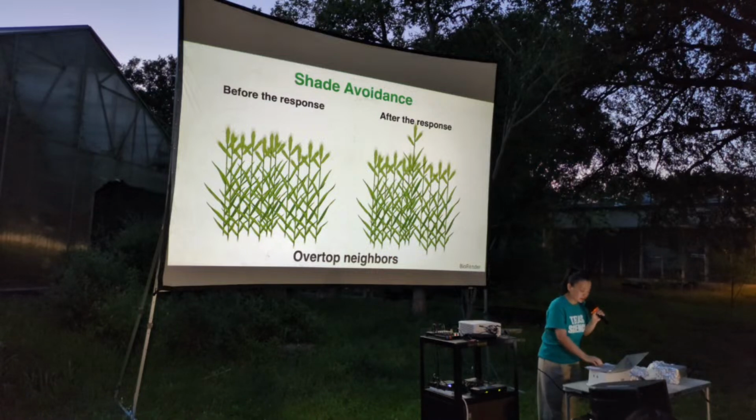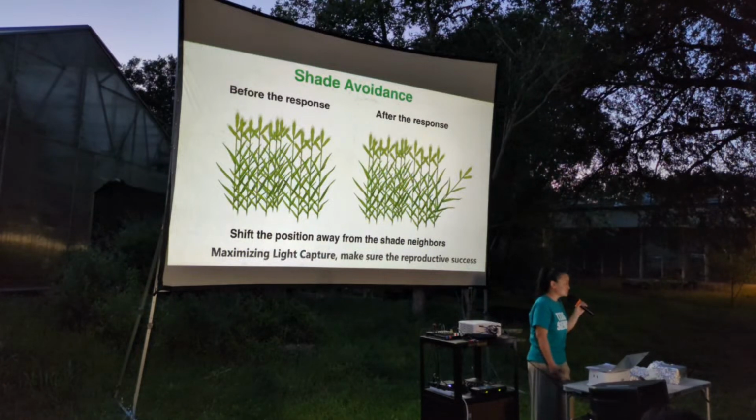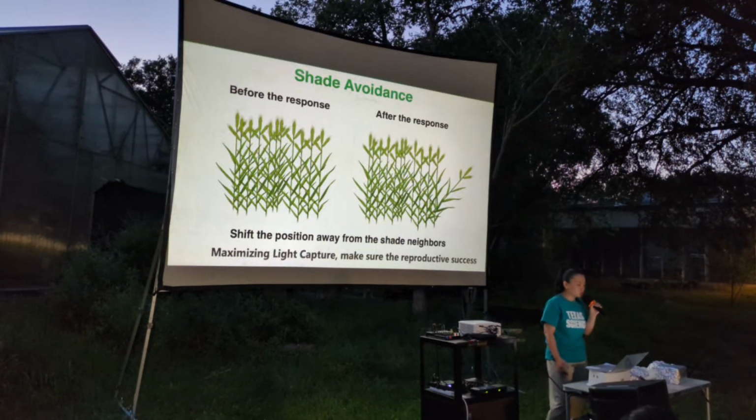And this is one method. Another method: you can see here, they can shift position away from the shading neighbors. Very smart, right?